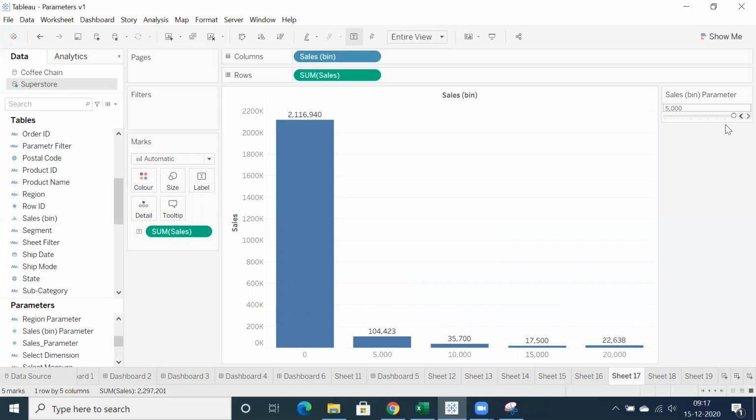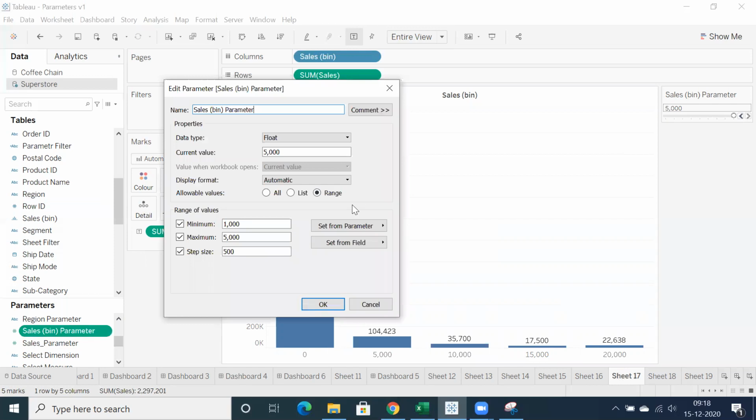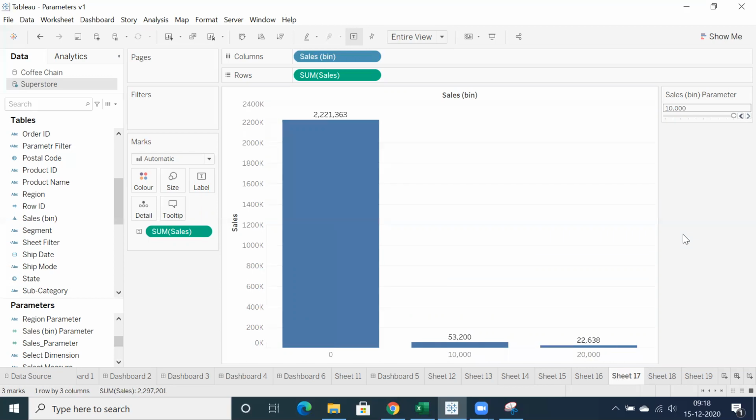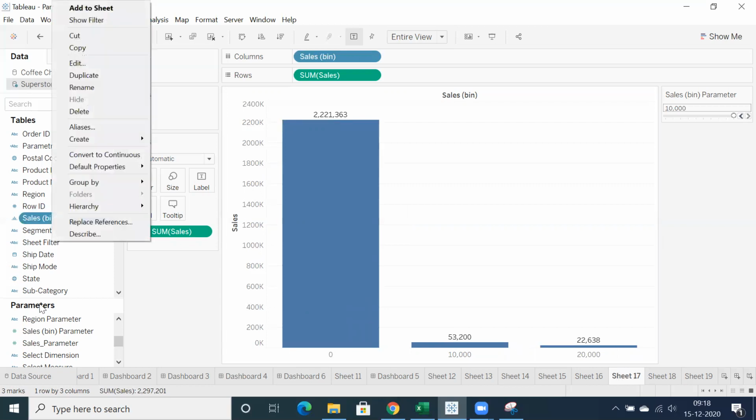Clear? So if I am going to make use of the sales bin parameter up to 10,000, now I will increment by 1,000 just for a smaller bin size. Now I can increment to 10,000. What is the size of the bin difference? You can see 10,000. But I don't want to go beyond 5,000